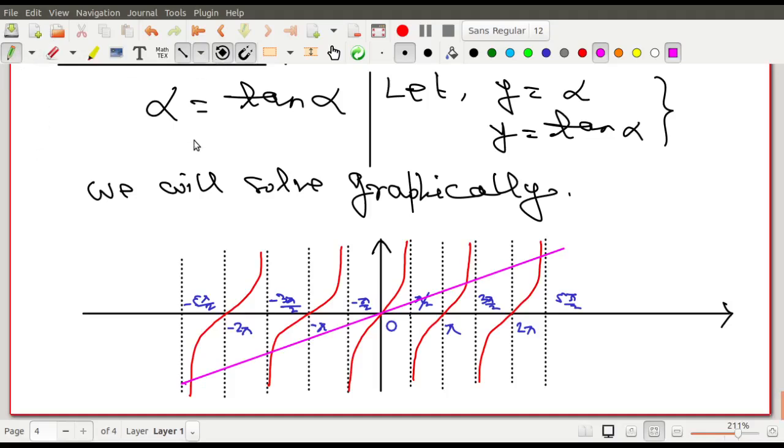So this is the plot of alpha. So this red is the plot, I just mark it over here. So this is the red color, and then it's the magenta color. So I have used two colors over here. So this is the plot of y equals to tan alpha, and this is the plot of y equals to